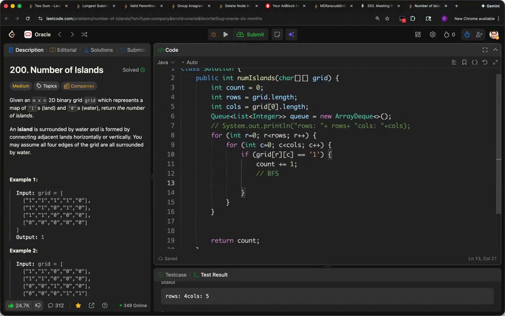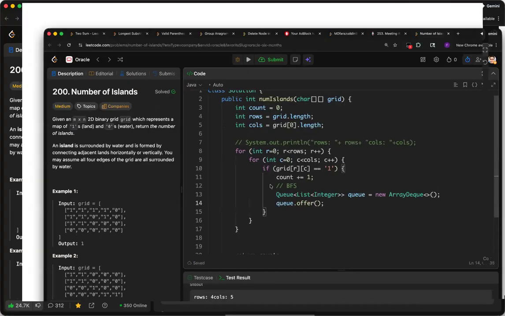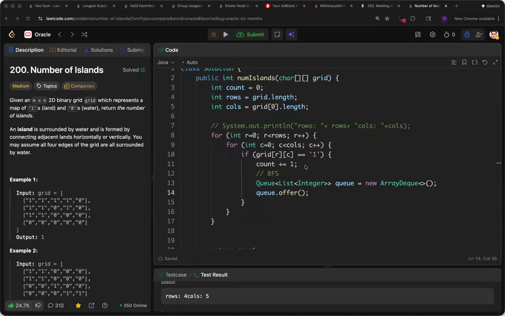So you will use this queue here. To be frank, this needs to be reinitialized every time we encounter an island. So q dot enqueue, as they say, it's offer. So we will enqueue a list of integers, x comma y. As far as I know, you can do something like new ArrayList